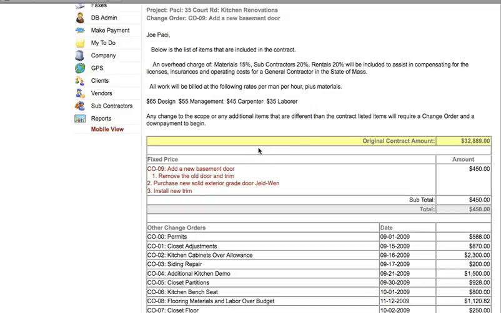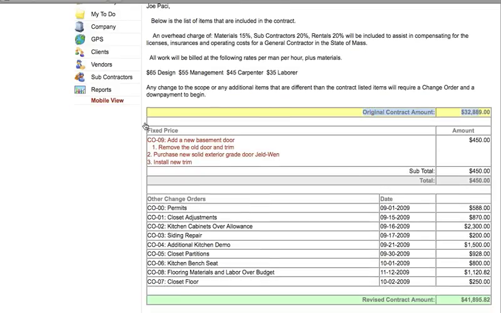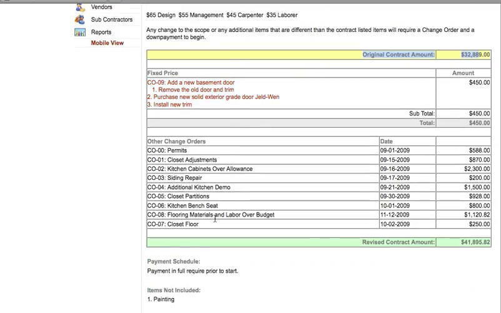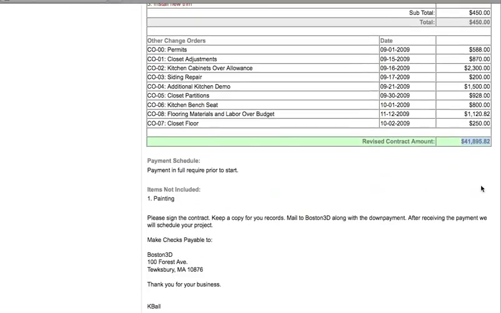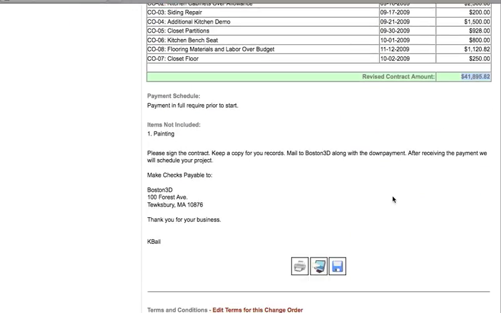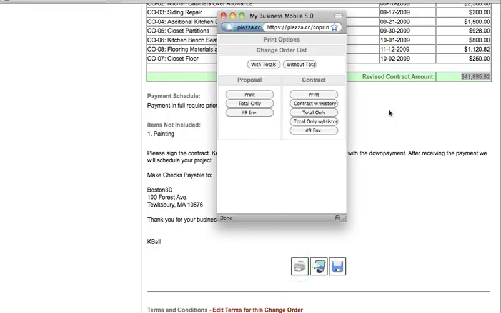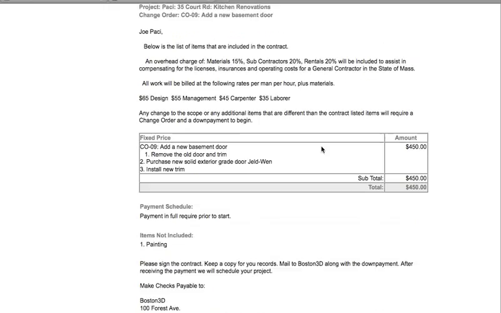The default view shows the original contract amount. It shows this new change order. It also shows all the previous change orders, and the new revised contract amount has changed because all of these change orders have been added. So what this does is it enables you to get a new signature. If you were to print this information, you can print the contract,